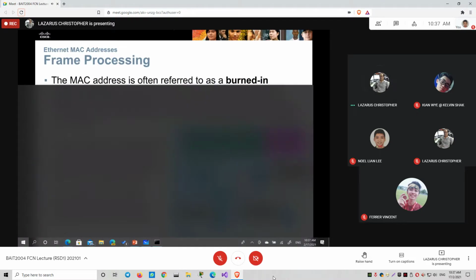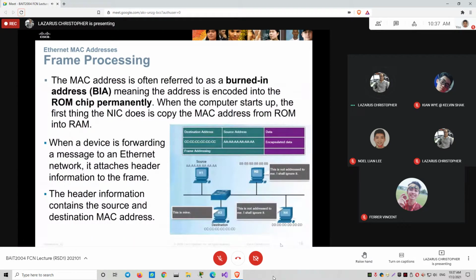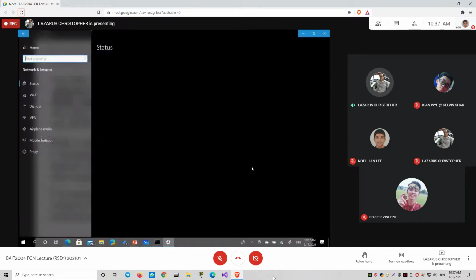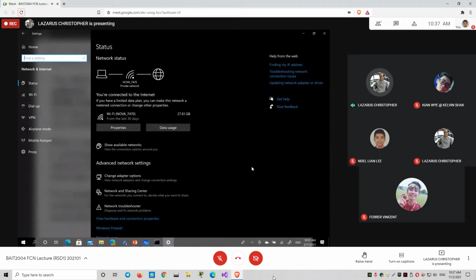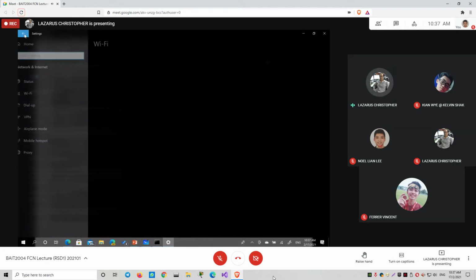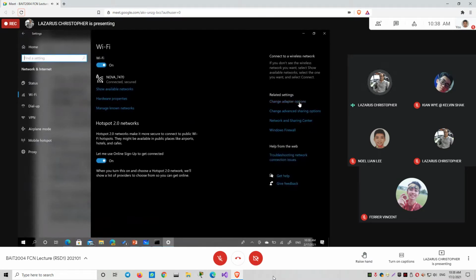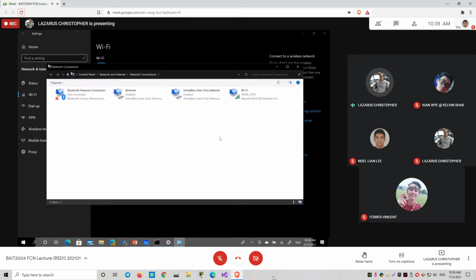But depending on your driver, because it's in RAM already, it is the MAC address in RAM that is going to be used by your network protocols, and anything in RAM can be updated while it's in RAM, isn't it? So please do not depend on simply using your MAC address to protect your Wi-Fi. Meaning, oh, I only limit this range of MAC addresses, which are all my devices, to connect to my Wi-Fi,